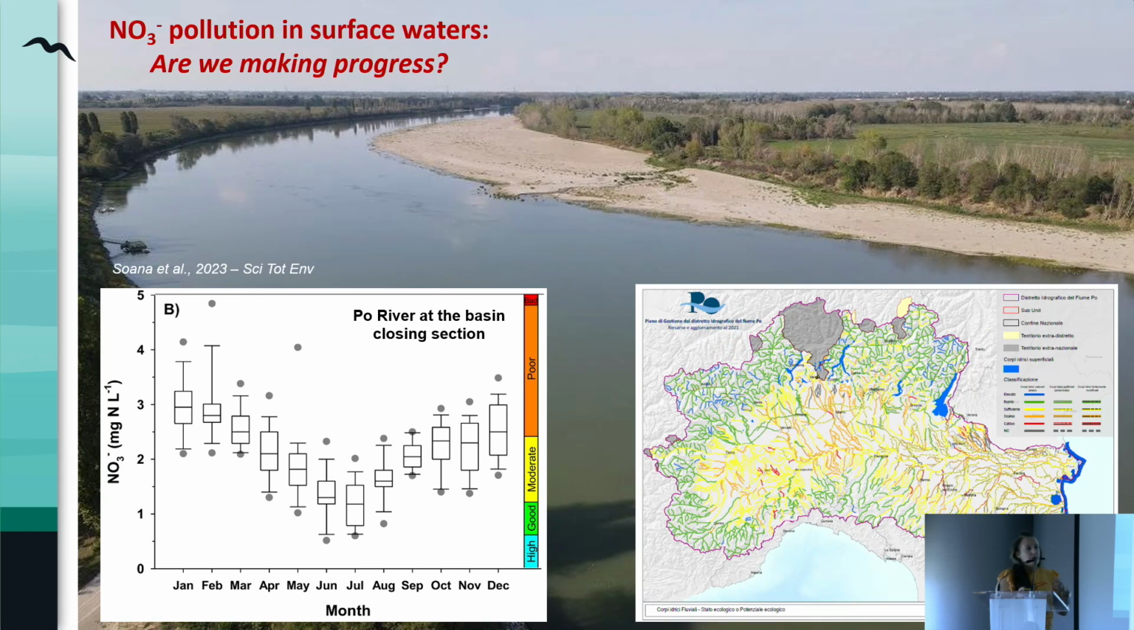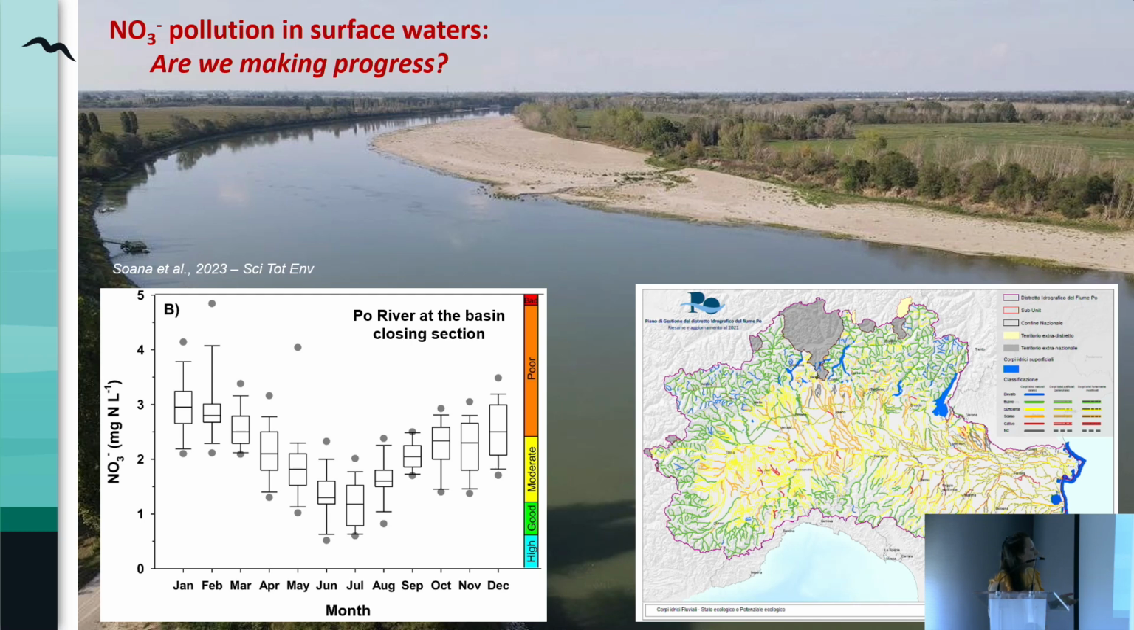High nutrient pollution and high nitrate concentration are still a problem. For example, in the Po River Basin, more than half of the surface water bodies still deviate from the good ecological status according to the Water Framework Directive. From the maps, you can see that all the yellow, orange, and red lines are water bodies that are not in good ecological status, and they are almost all concentrated in the lowland portion of the basin, the central portion